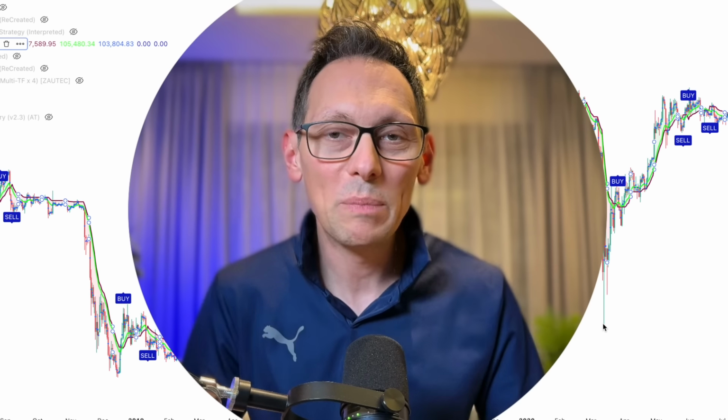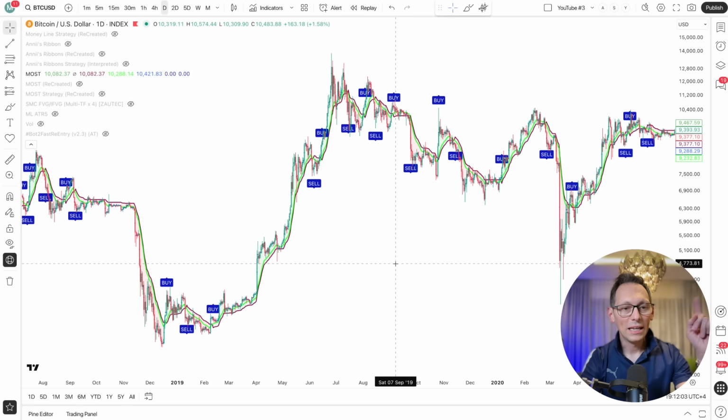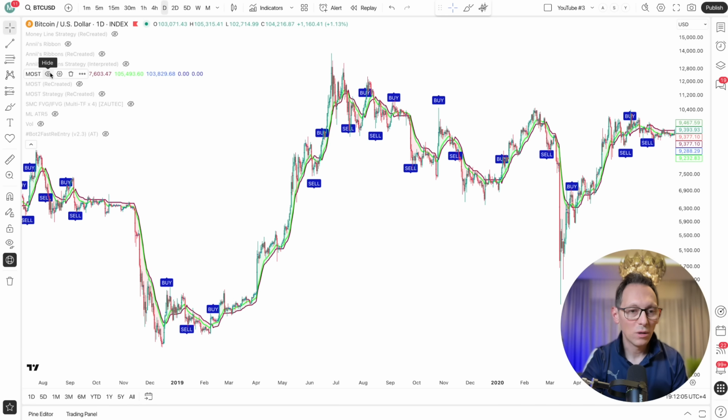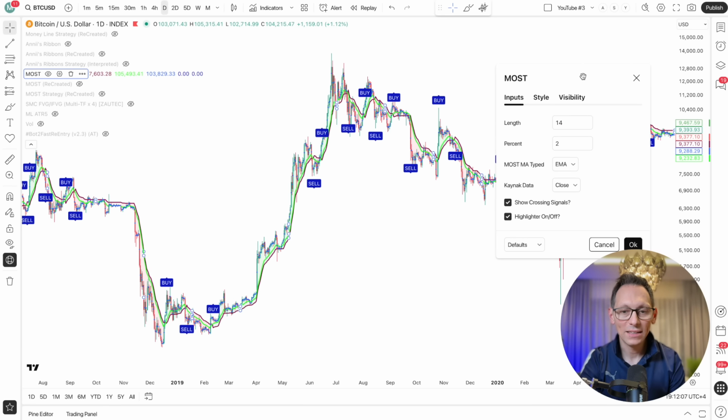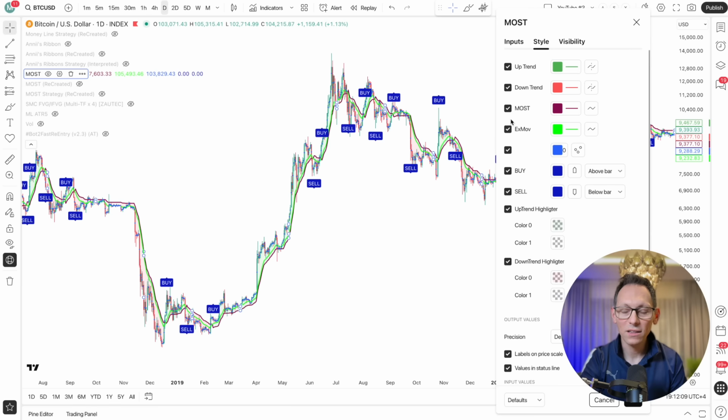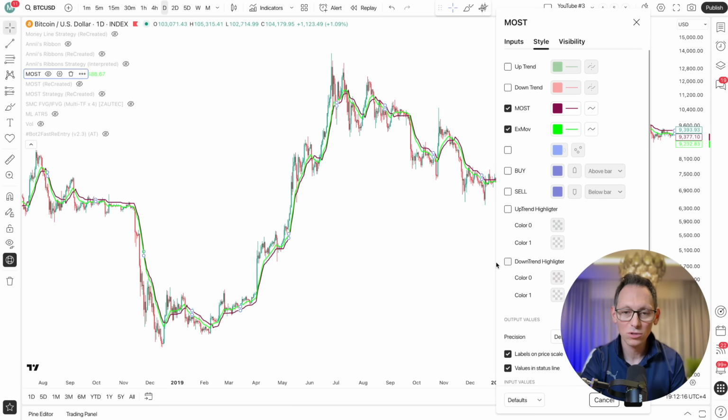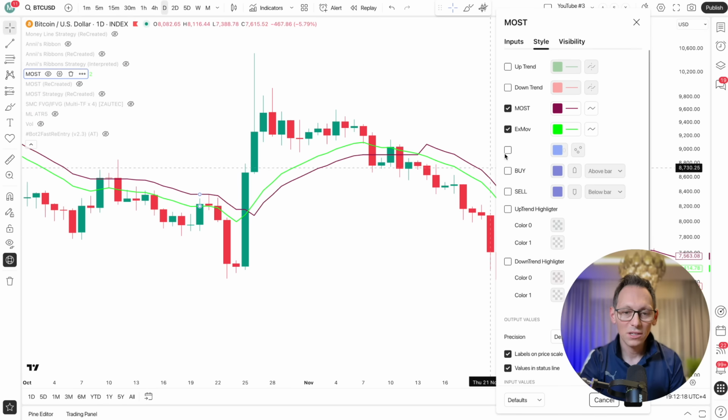So you can make better decisions. You're welcome. Okay, let's reconstruct this indicator as well. Let's open the settings and hide all the style stuff we don't need, right? So we don't need uptrend, downtrend. We don't need most of these things, because if you come here, you will see that